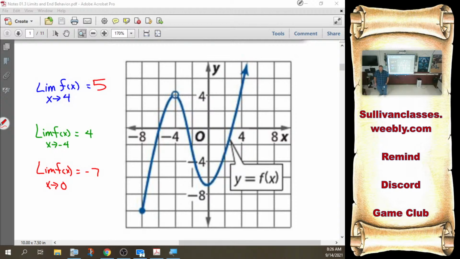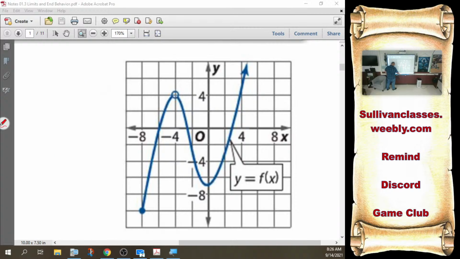Okay. Now there's different ways that I can look at a limit when it goes to end behavior. We'll get to that later, because I can't approach something from the left and the right at the end of a graph if the graph goes to infinity. So in that case, we have to only approach from one side or the other. There's a notation for it, all that kind of stuff, but this is where we're starting.